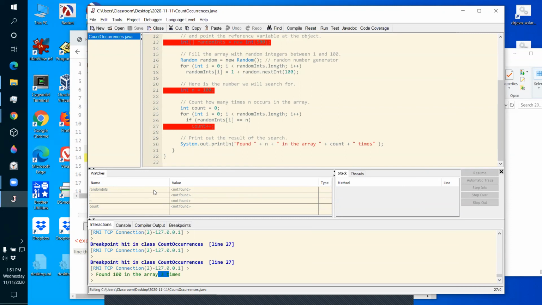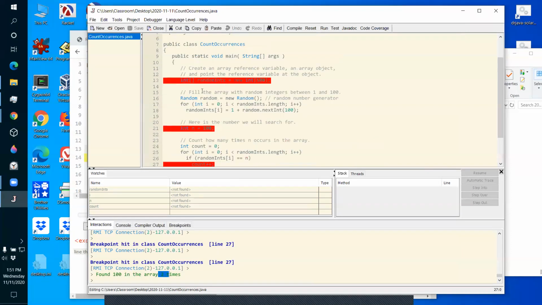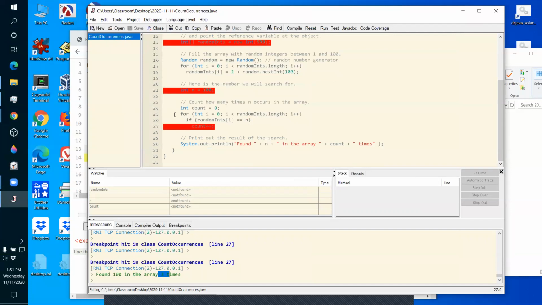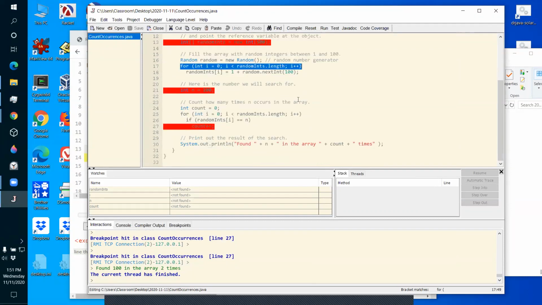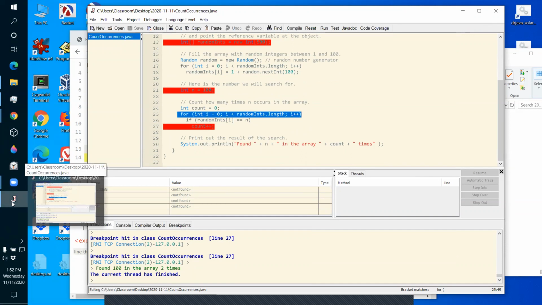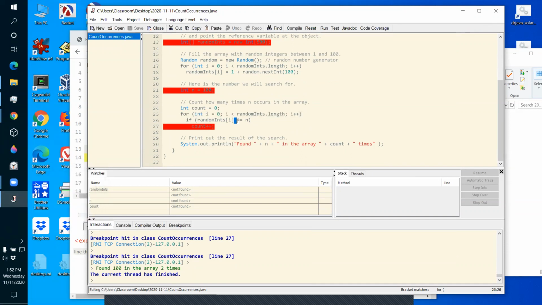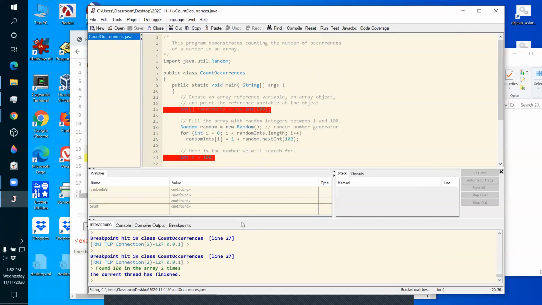Okay, well, we've run out of time. So this was another example of traversing an array. We traversed it once to fill it in, and we traversed it another time to see how many times a number's in it. A lot like we did with the average and above average in the visualizer. That was a very similar pattern. We filled in an array with temperatures, computed the average, then went back through the array asking how many times we were above average. Here we went through the array asking how many times the number n was in the array.